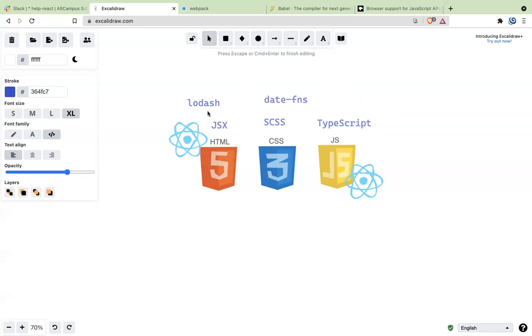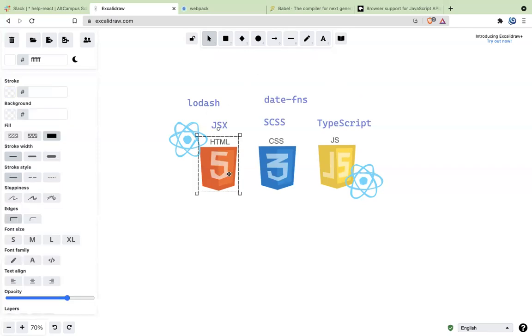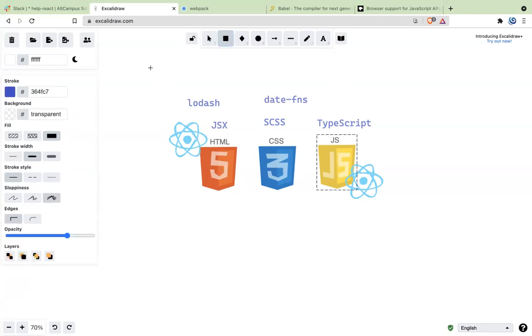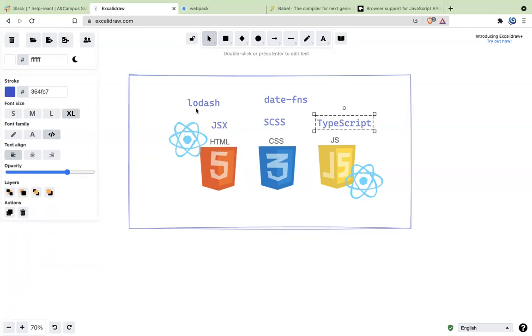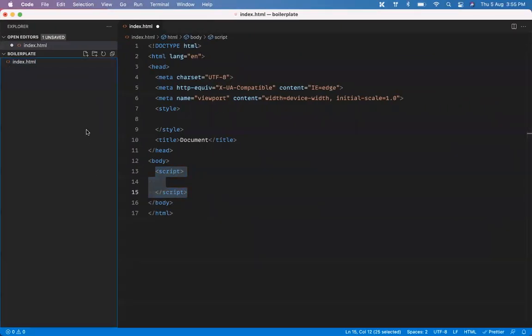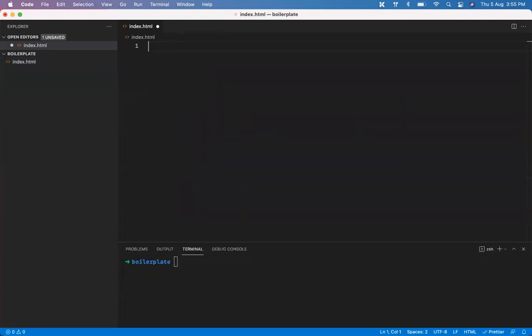So in the starting, we were talking about how, while creating an application, you need to just write HTML, CSS, and JavaScript. But at the end of the day, when you look at it, it is not just HTML, CSS, and JavaScript. It has React, SCSS, TypeScript, Lodash, date-fns, JSX, so many other things. That is where managing all these things becomes a problem, right? So how do we fix that problem? Generally, the way we started fixing this problem is by using some kind of package or module system or something like that.